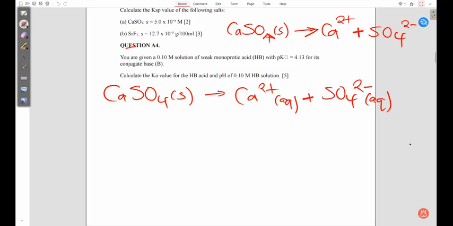Of course, if you want, you can go on and write the ICE table, but at times I feel it's not necessary for this specific question. I feel there is a better, faster way that we can handle it, where of course we know that the solids and the liquids do not appear in the K expression. So if we were to write the ICE table, the alternative would be